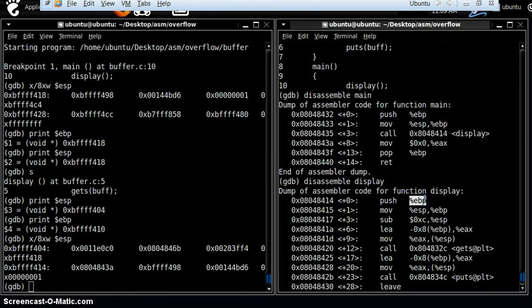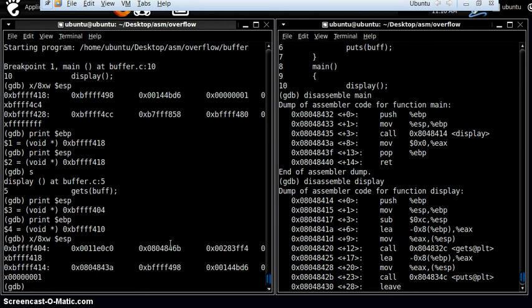As you remember, what happens if we call a function? First of all, as soon as the function is called, the return address is saved onto the stack. So this should be the return address, saved after the saving of EBP. This one, the return address for getting the program execution back home. Then afterwards, the function display pushes the EBP onto the stack, this one. So our EBP also gets stored. Two EBP values have been stored. Our return address has been stored. Correct. So as far as we are good. So what we should do now, let us go and check.